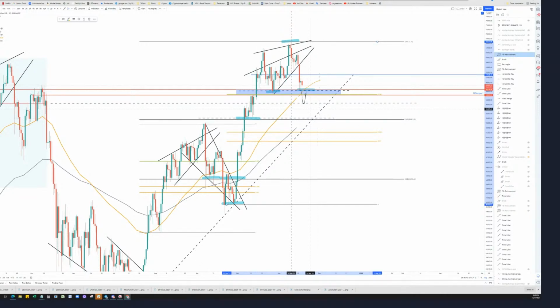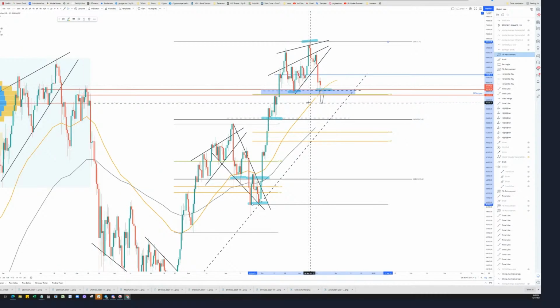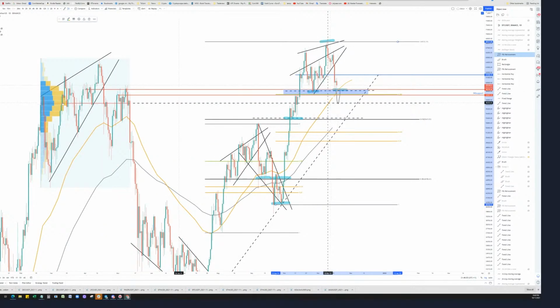which is 54K. So if we were to lose that level, it's more likely to actually, we've got this profile as well, so not forget that profile. This volume profile that we have here, the majority, that averages it out there. So this level can be the next level of support. What I don't like about it is that we lose the daily. So if we were to lose that level, it's going to likely to play